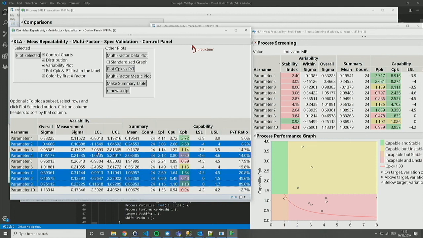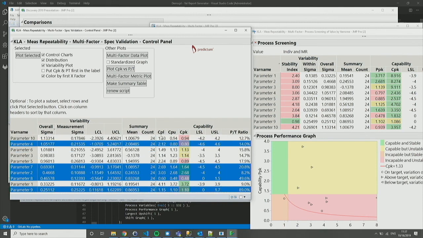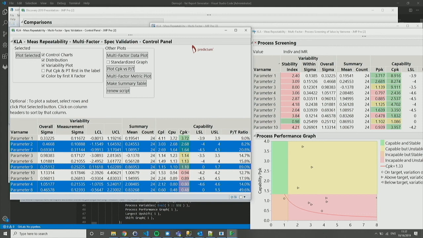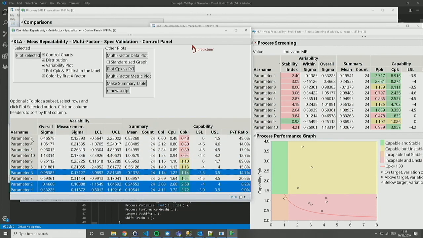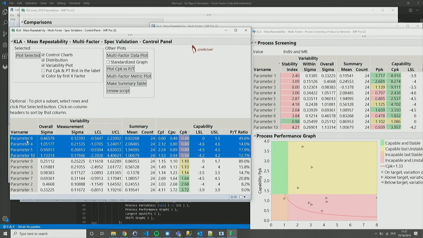So I imagine you'd want to look at, okay, well, what's my low CPKs? I want to graph, well, that's high CPKs. I want to graph these ones. You can still do all the native functionality with it. All we basically did was embed the process screening to use as a drill down platform to be able to plot the other things that we wanted while still using this as effectively a summary table. So if we just plot,